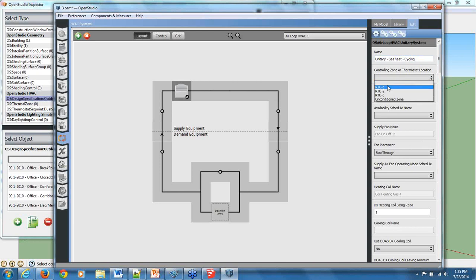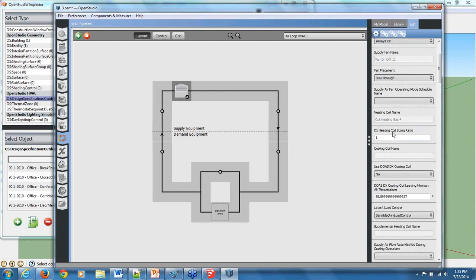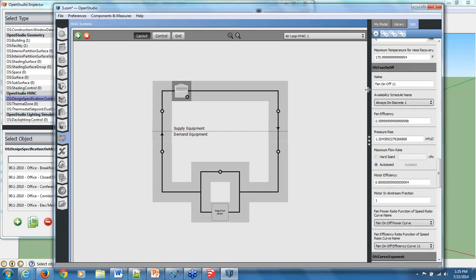Most importantly, the controlling zone. And I have 3 zones in this model. Let's just say it's RTU1. The availability schedule, whether it's available to run only during the summer or only during the winter, and so on and so forth. And then finally, you'll see, as you scroll down, all of the objects that are contained in